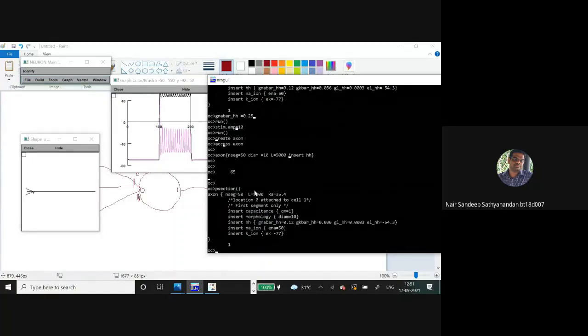I will give you a video recording of this one. I have done it earlier, so I will give you a video recording of that. I covered all the points there, so you can go through that video, because due to shortage of time, I couldn't cover the temporal and spatial summation. So, yeah, I have the code in the notepad.